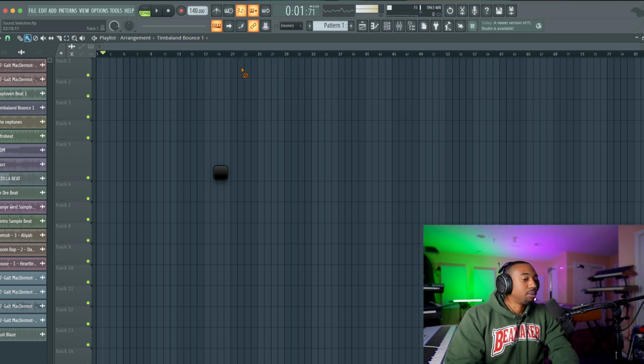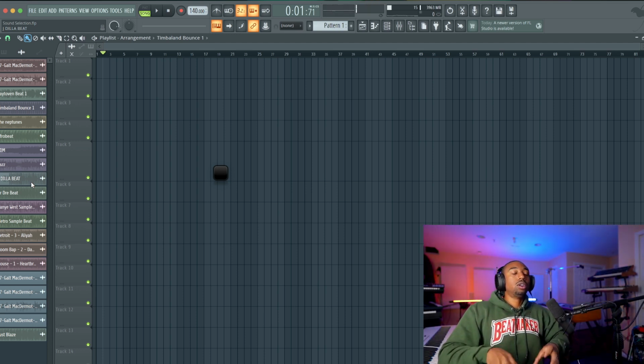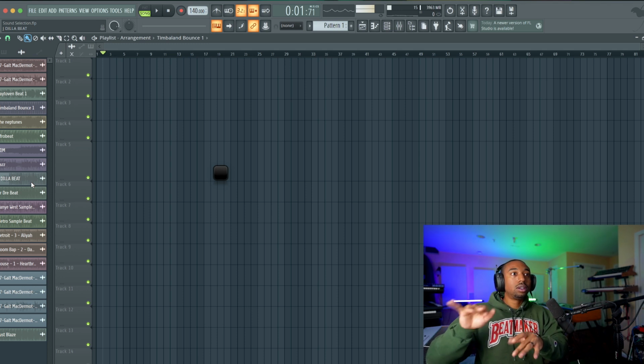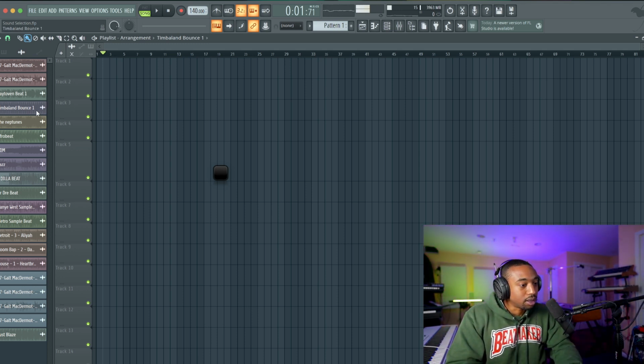So you see that in Timbaland tracks, Just Blaze tracks. In the Scott Storch track, you saw orchestral strings. Okay, it's strings. It's layered strings. Same with the Just Blaze track.